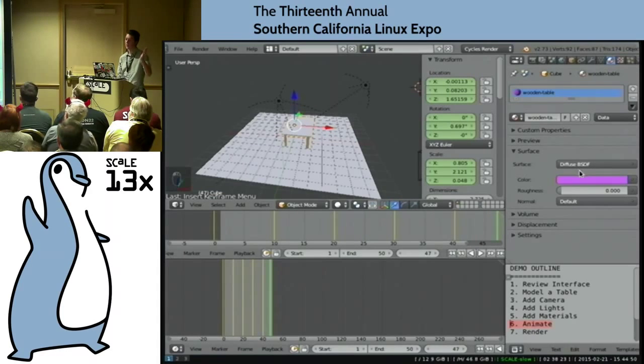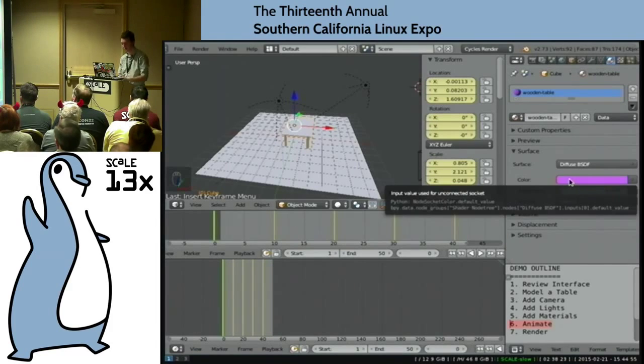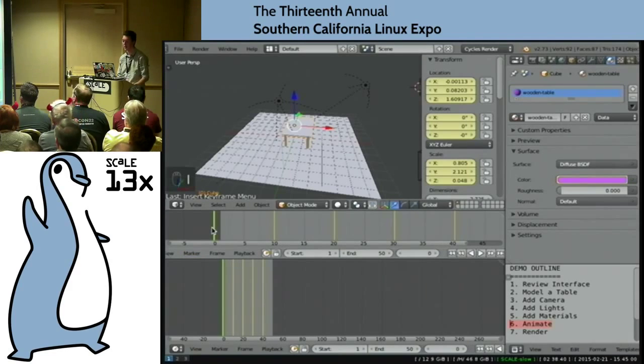And since we're doing animation, we might as well animate the material like was brought up earlier. Blender has this really cool feature where everything can be animated, including the color. So we put our cursor over this and we press I, and it gets highlighted in yellow. And then we can say at any point in the future,